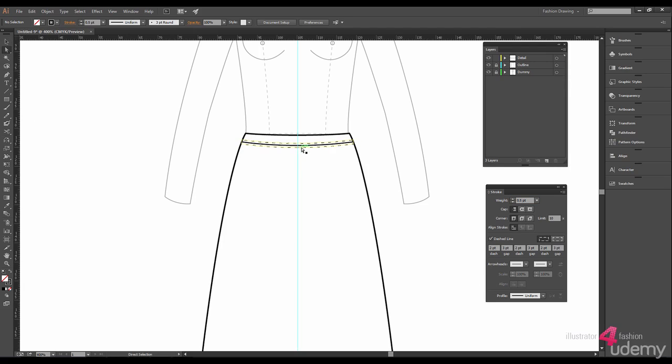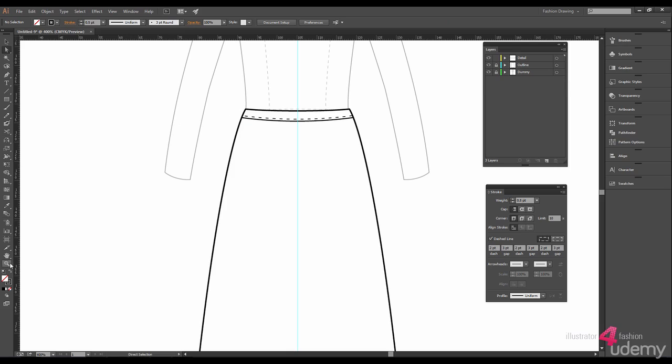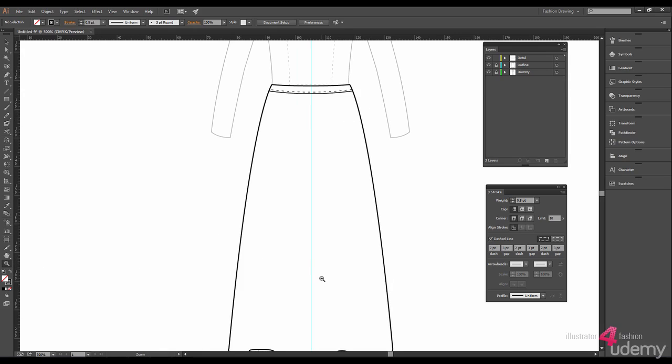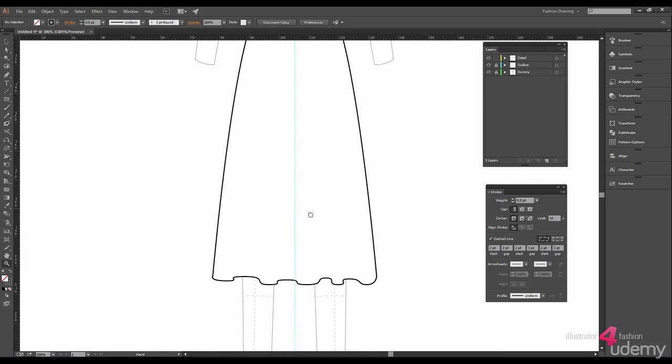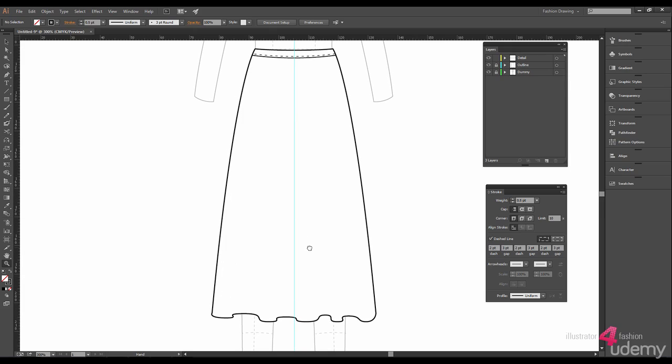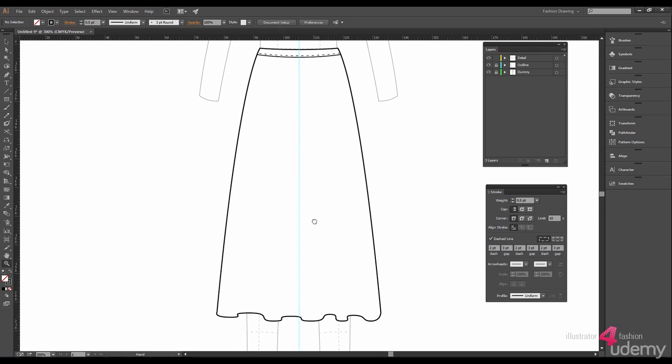Okay, and I'm going to use my direct selection tool just to get rid of the second row here. Okay, so let's just use the Alt key with my zoom key to zoom out. And then holding down the space to activate the hand tool, I'm just going to position the drawing. So we can next do the flared skirt lines. So I'm going to use my pen tool for this. And I'm going to start with lines that are about